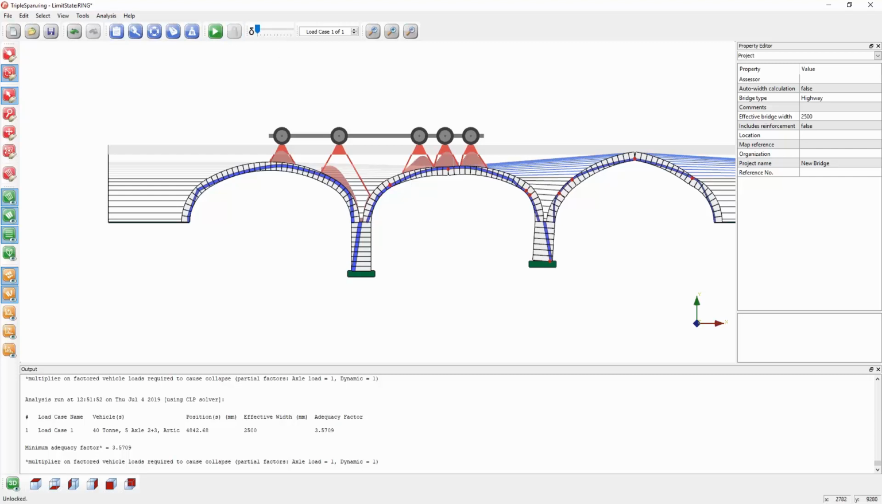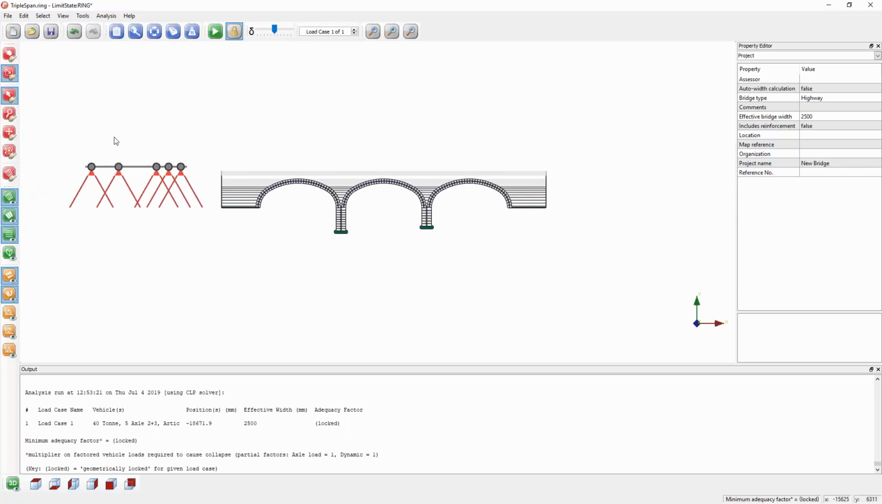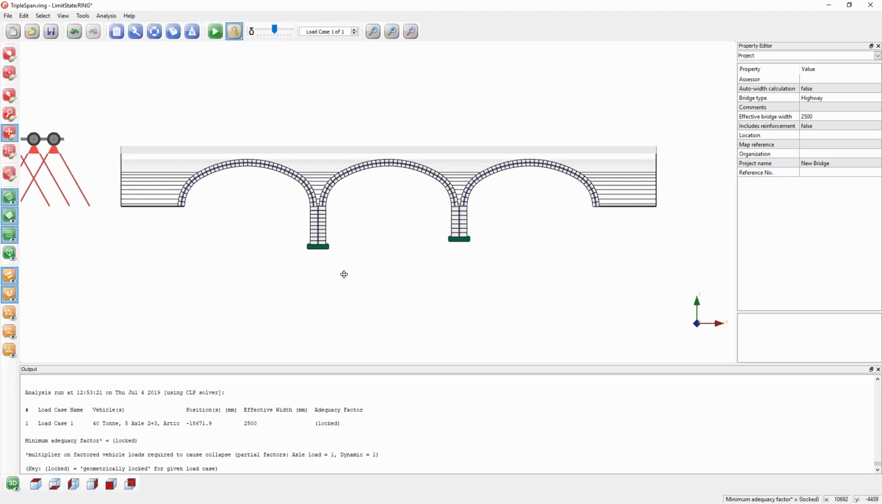I'm not currently in support movement mode, I'm in a normal mode, so when I click the green button or when I drag the vehicle, then automatically it calculates this additive factor. Now what happens if I take this vehicle away? Software becomes a little bit confused. It can't find an additive factor because that's the multiplier on the applied load required to cause collapse, and when the load is off the bridge, then it can multiply that vehicle load forever and a day and it won't cause collapse. So what I'm going to do is actually switch to support movement mode, so tools, support movement wizard,